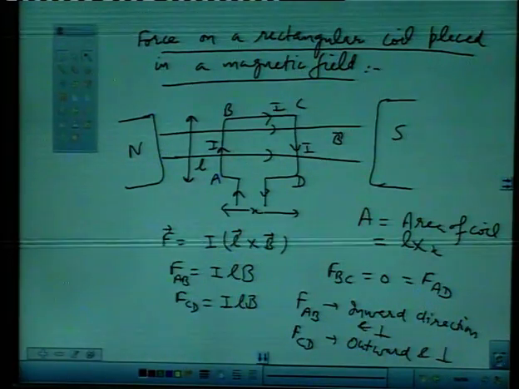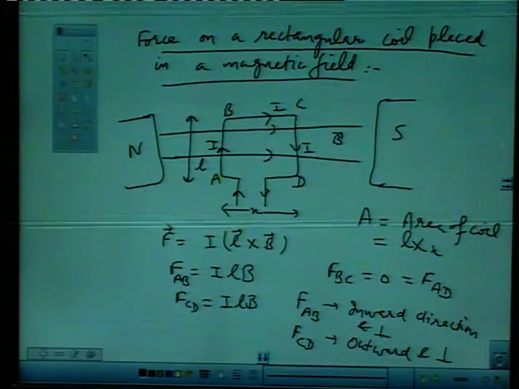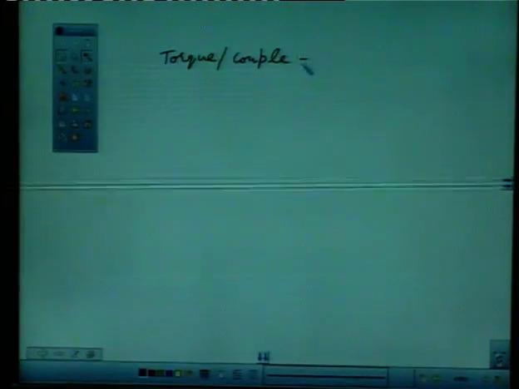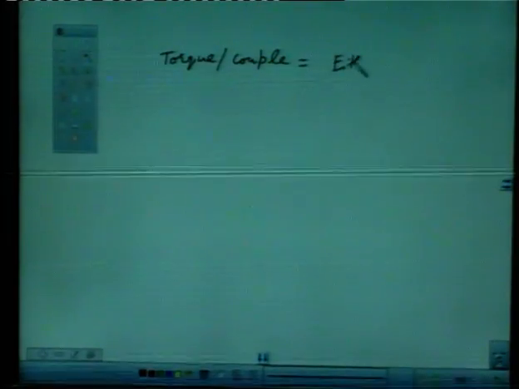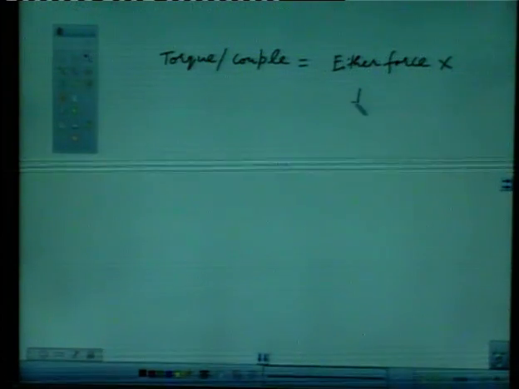Now two equal and opposite forces are acting on the two sides, so a couple or torque will act on the coil, which will be equal to either force into the perpendicular distance